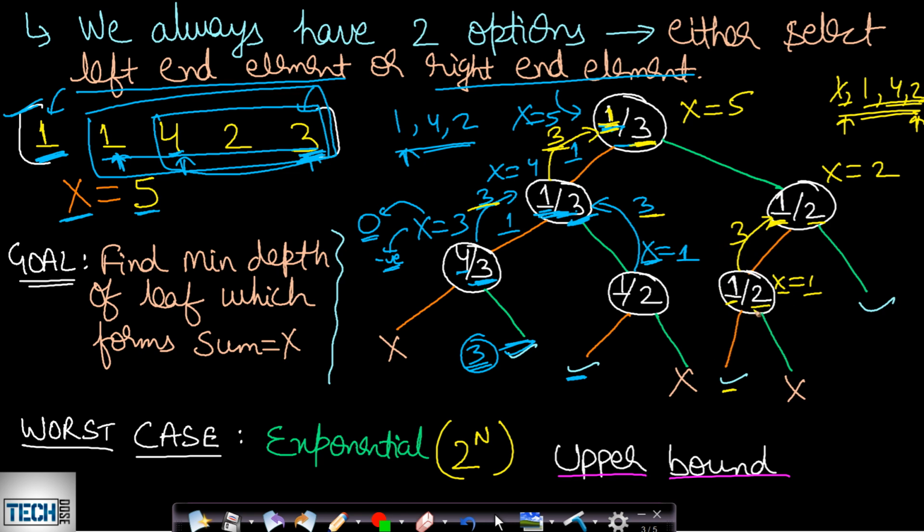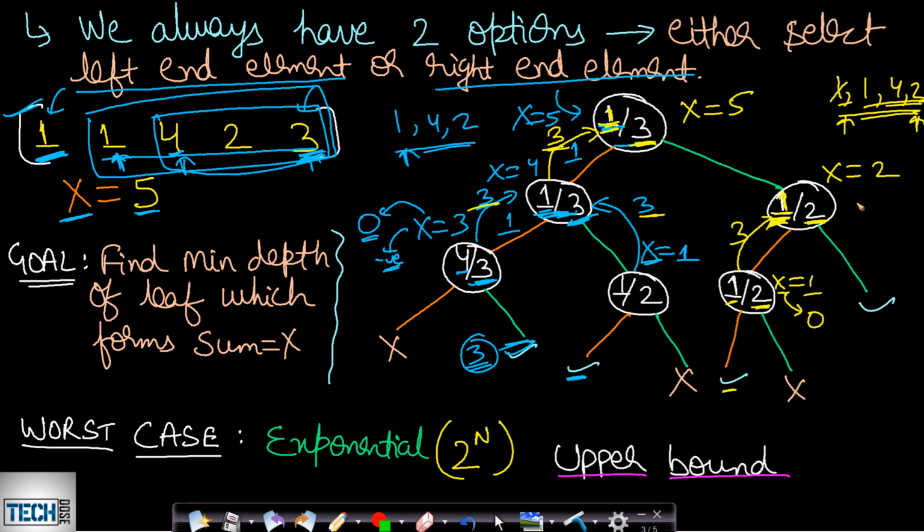Okay. Now if we select this 2, then this x value will go beyond 0, and so this is not possible. We will be returning 3. Now we had tried by selecting 1. Now we will try by selecting the right hand side element, which is 2, from this array.